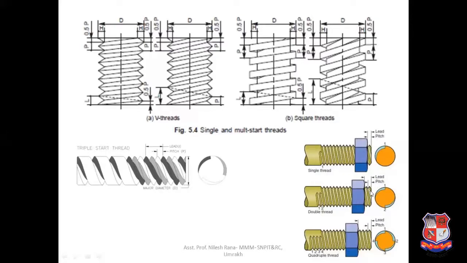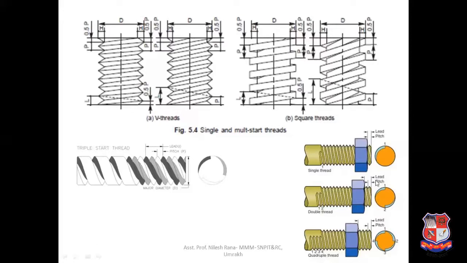Again, the pitch value is the same, but the lead is different, which means double start. And here you can see the pitch is the same, but the lead is four, which means quadruple start, meaning 1, 2, 3, 4. Here is 1, 2. Here is 1, right? So in this case, the nut will revolve one revolution,